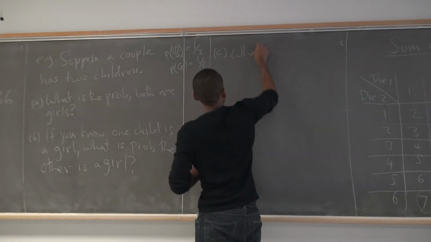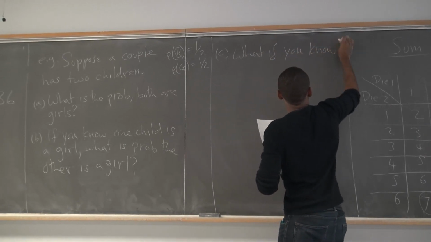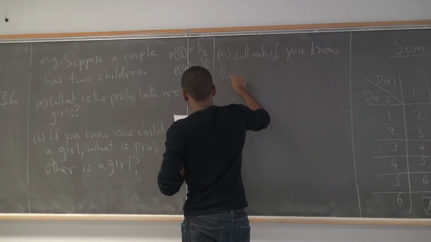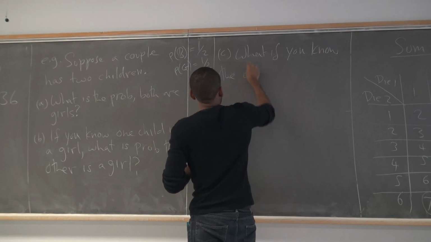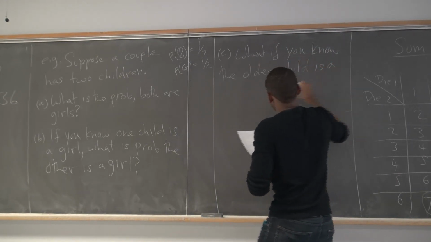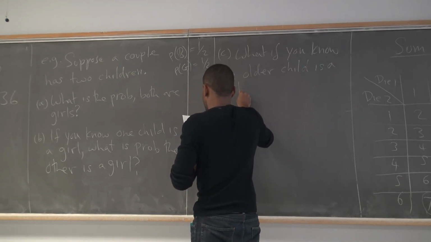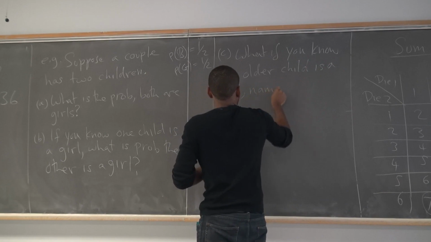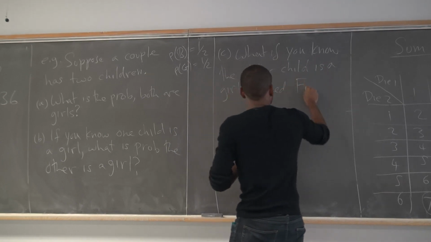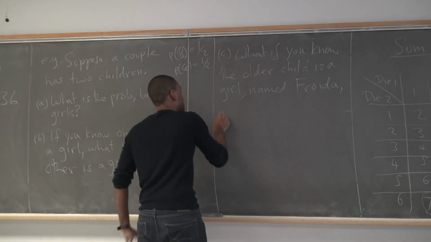What if you know the older child is a girl, in fact, you know her name, named Freuda. What is the probability